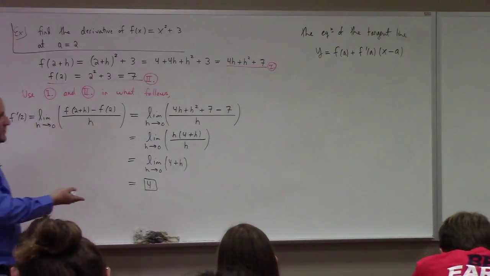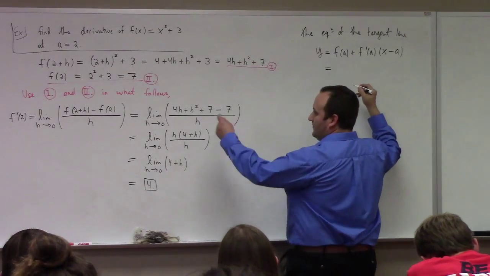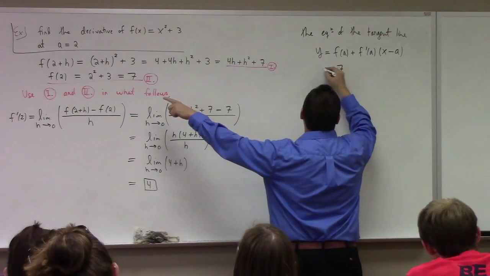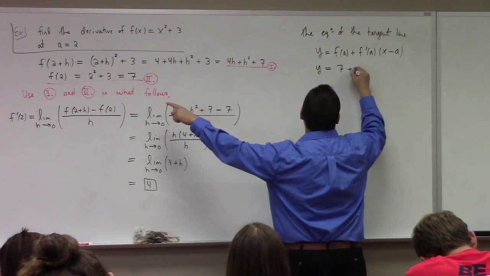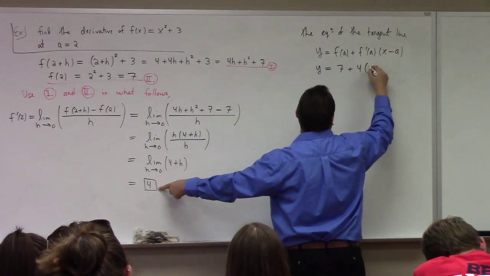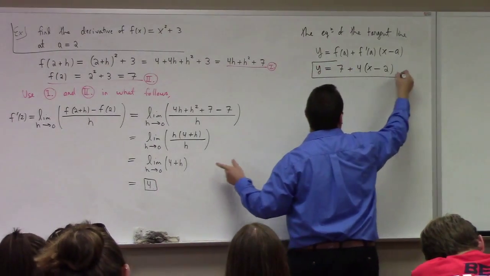What are the details of our problem? We have f of a is what? F of 2 is 7. So y is equal to 7 plus what? Plus 4 times x minus 2. And that, folks, would be the equation of the tangent line